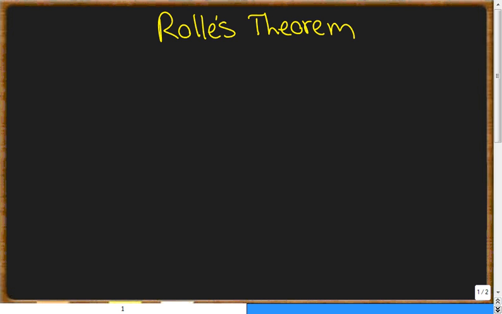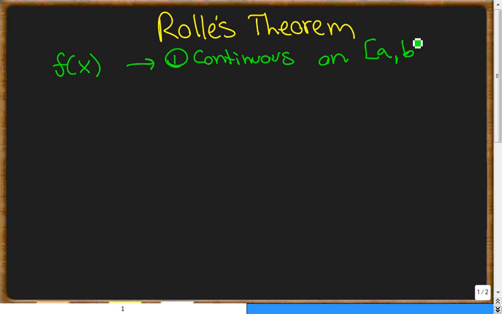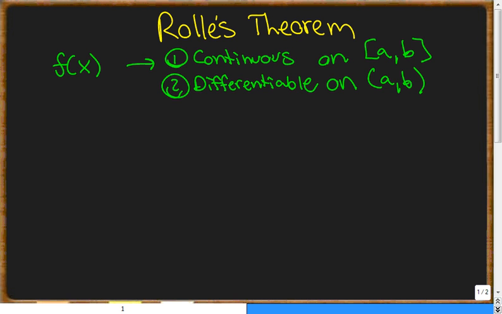Rolle's theorem basically says if you have a function f of x, if f of x is, first off, continuous on the closed interval a, b, and so basically that it fills in all the points and a and b exist and so on. And also that it's differentiable on the open interval a to b. So there are no places in the middle that don't exist or something like that, as long as everything seems normal on that range. What it says is that